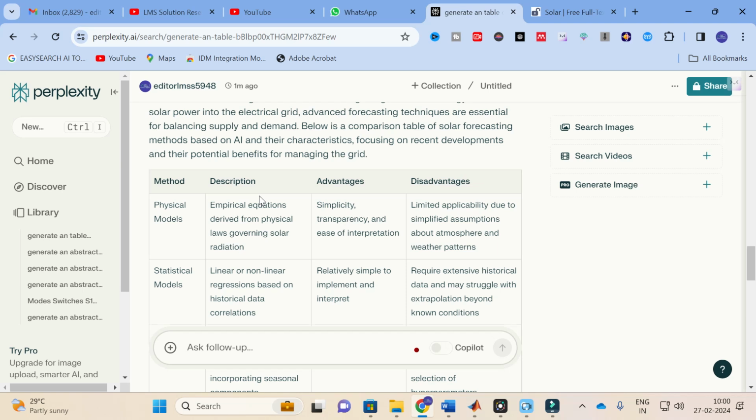So you can copy and paste your text and then it can be converted into a better table using Perplexity AI. The same we have experienced with ChatGPT also, and the same can be done using Perplexity AI. Why I am comparing is that you can get different types of content for the same input.